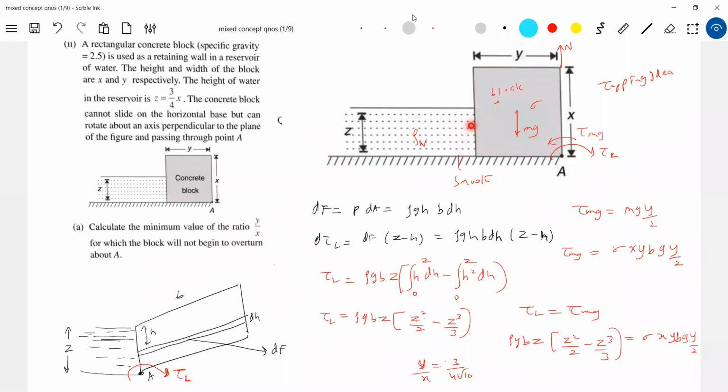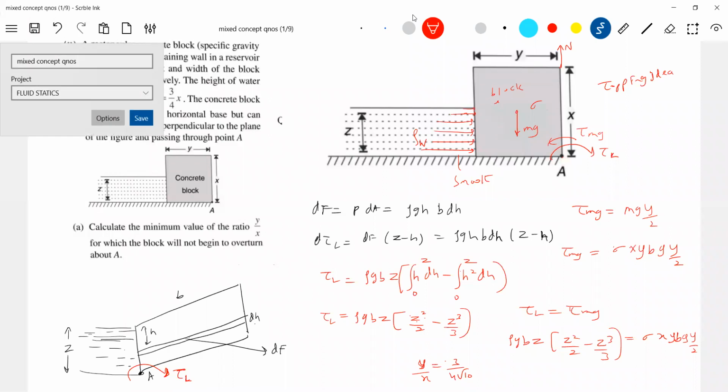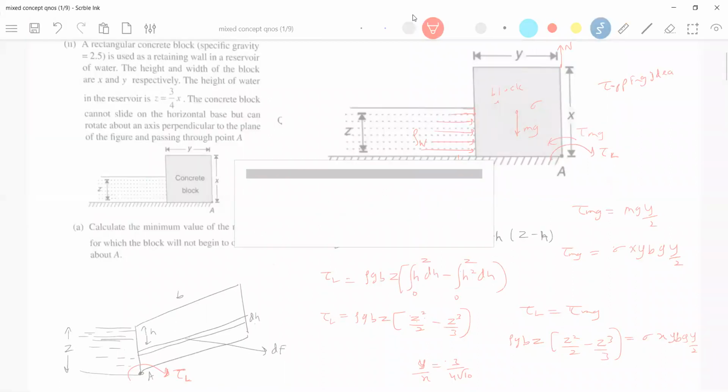The force exerted by the liquid on the block will set up a torque about a point here. No, not about this point. The block is hinged about a point, so we are discussing the resultant torque about that point. The force is not acting at this particular point. It is acting in this region. As we know, we used to draw these arrows. You see, nothing is there. Very, very simple ideas.